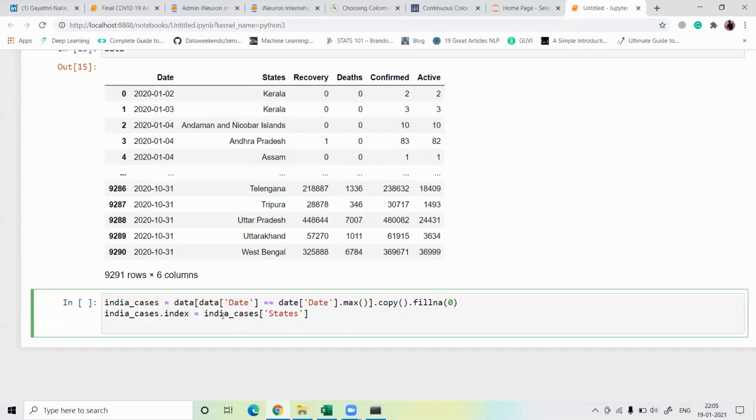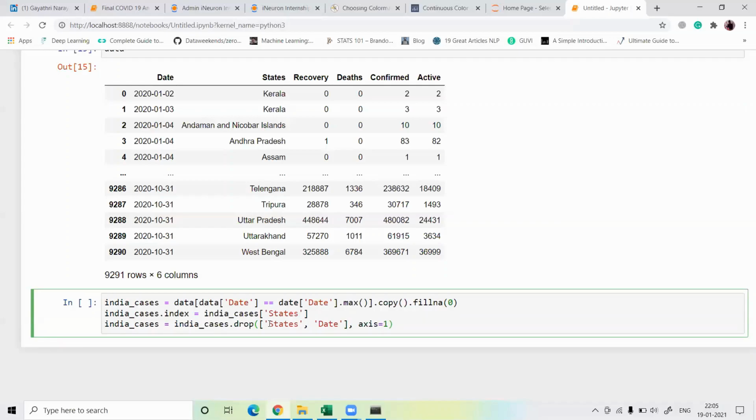Now I just drop those state and date columns, guys. I use the drop function and drop our state column and date column, and axis is equal to 1.